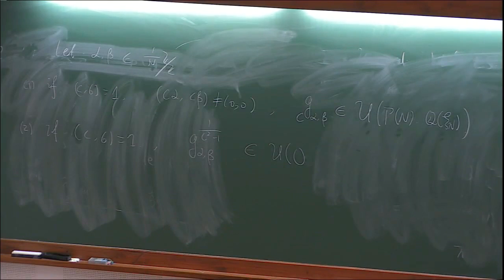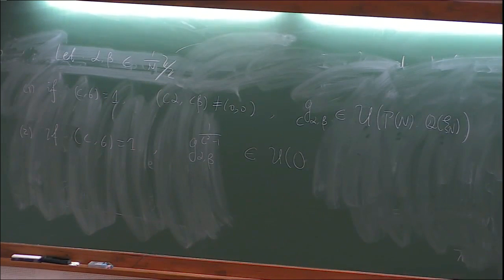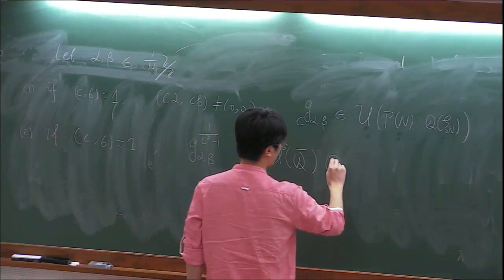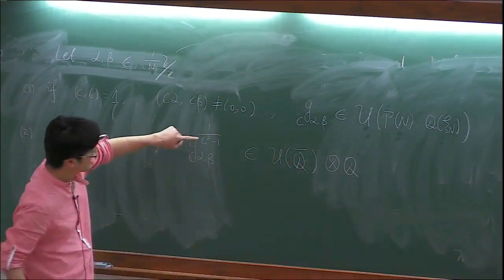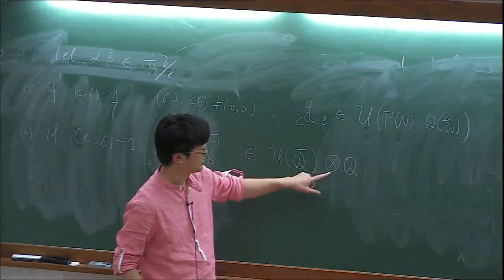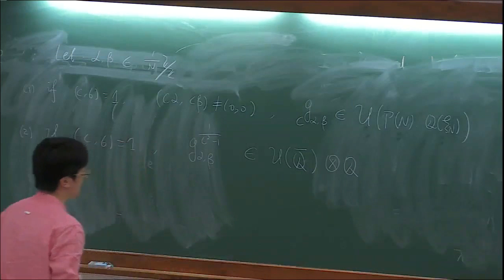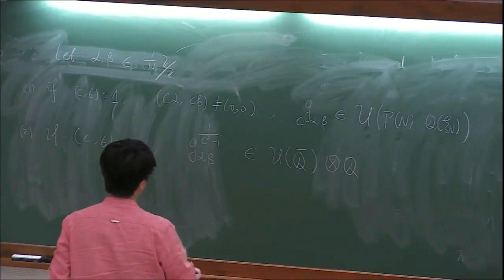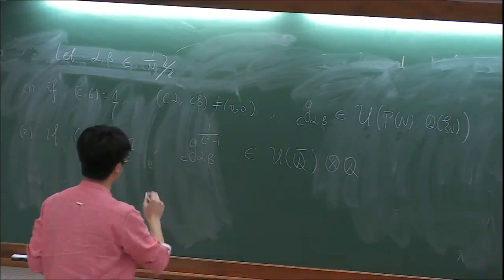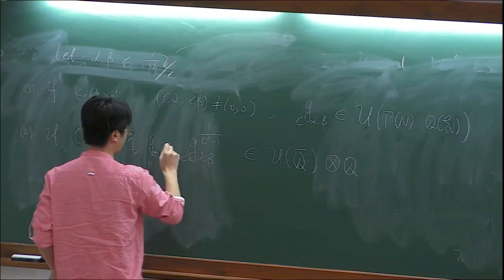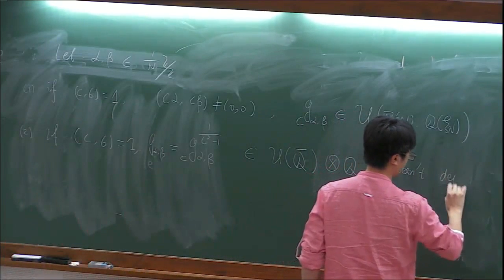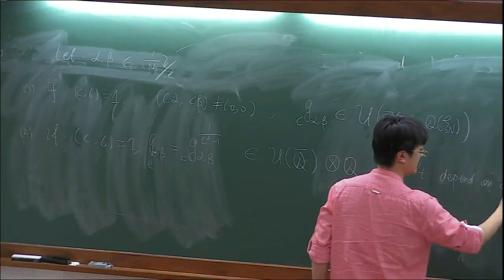So sorry, here I have C. Right, here we have C. So this is a group. We just tensor over Z to Q, and we get this. The vector has this element in this vector space. So this is g_{alpha beta} defined. And this doesn't depend on the choice of C